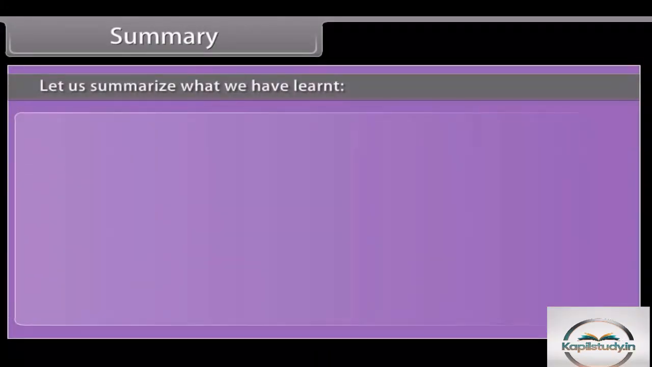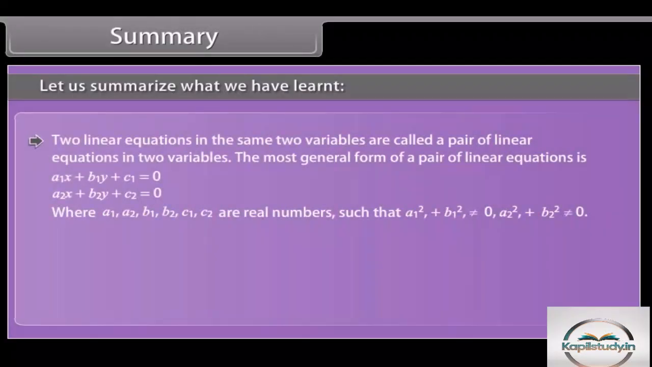Summary. Let us summarize what we have learned. Two linear equations in the same two variables are called a pair of linear equations in two variables. The most general form of a pair of linear equations is a1x + b1y + c1 = 0, a2x + b2y + c2 = 0, where a1, a2, b1, b2, c1, c2 are real numbers